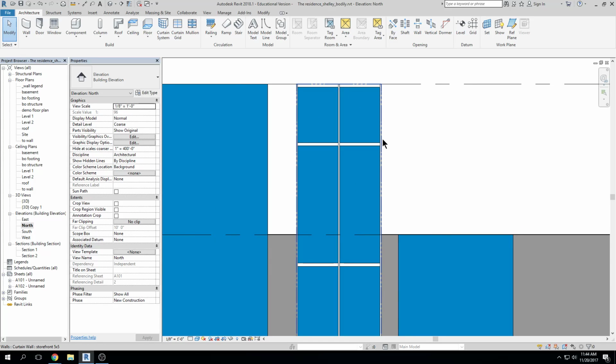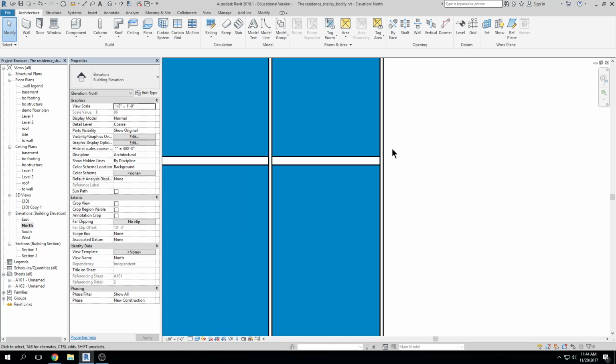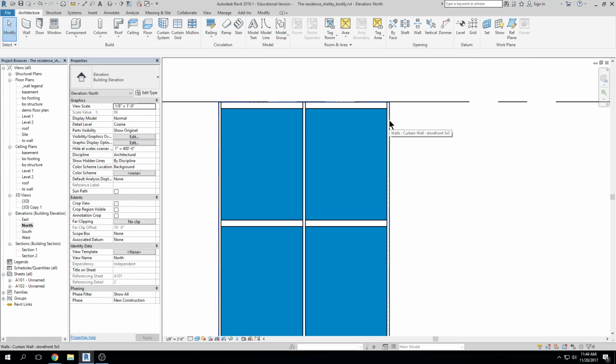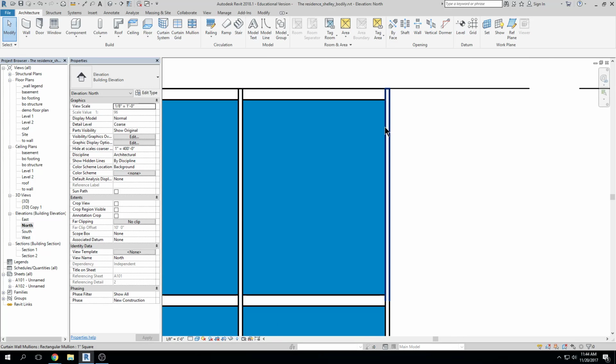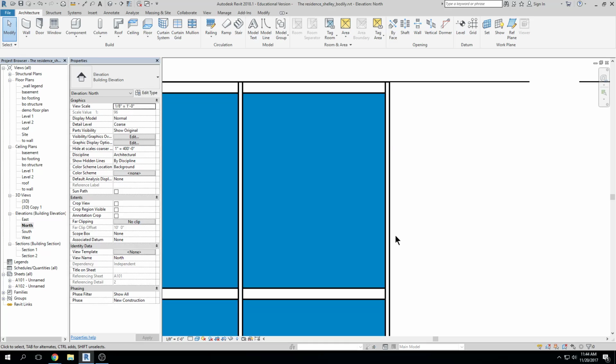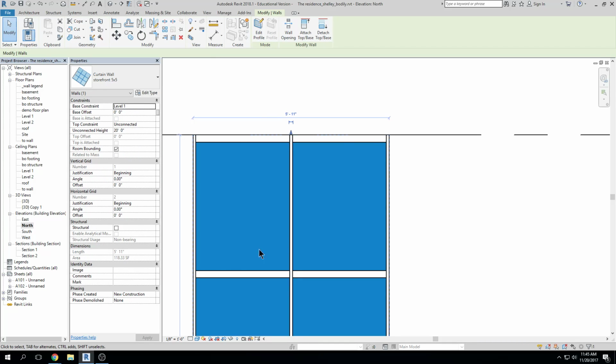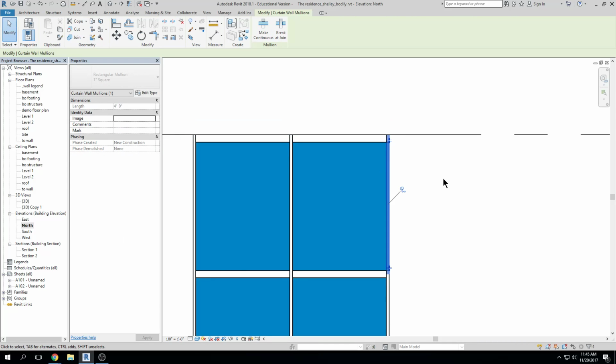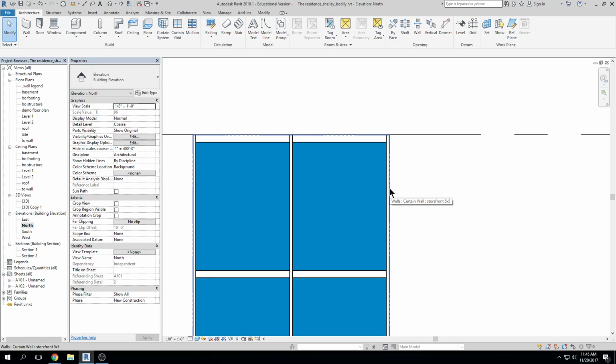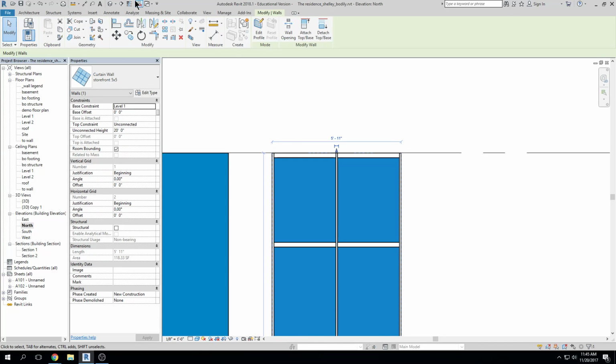We have our mullions, okay? And do you notice if I hover over my mullion, I can get that selection and it bubbles curtain wall mullion. If I hover very close to the edge, let's see if I can get it to highlight. Oh, there it is. Did you guys see it? I get an outline. You see how I have an outline? So there's the mullion, where I can click on the mullion, and then there is this whole outline that is dashed, and if I click on that, it picks the entire storefront system,